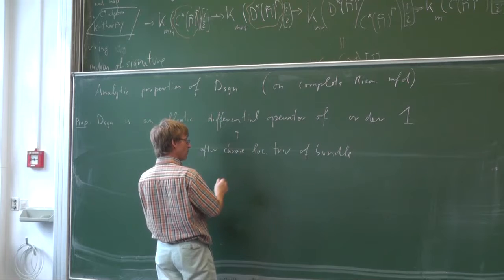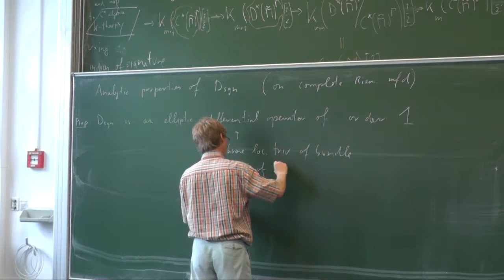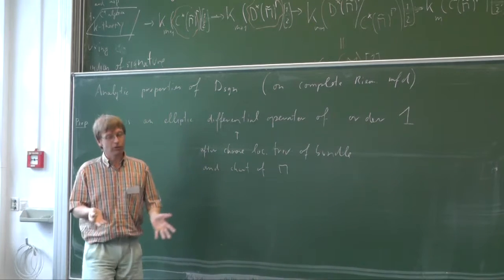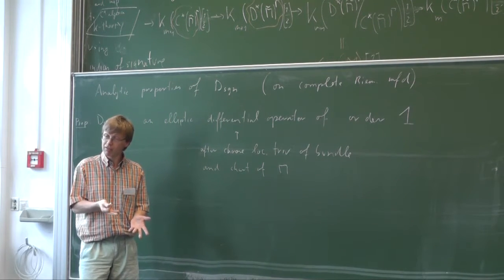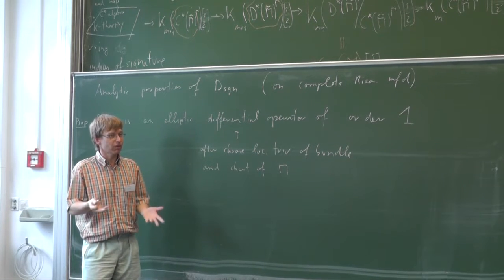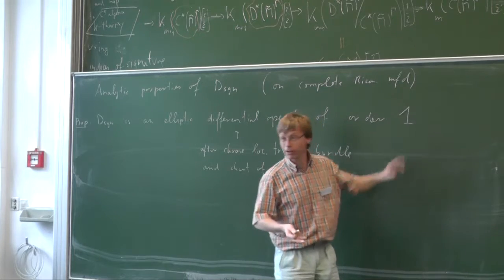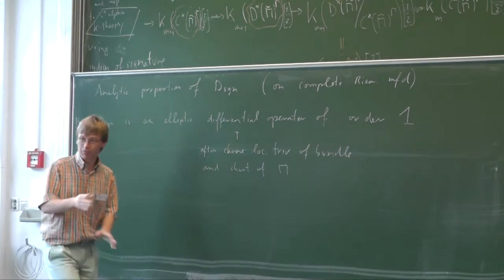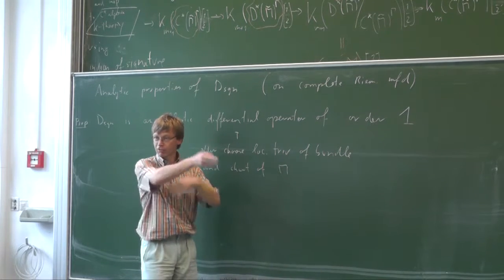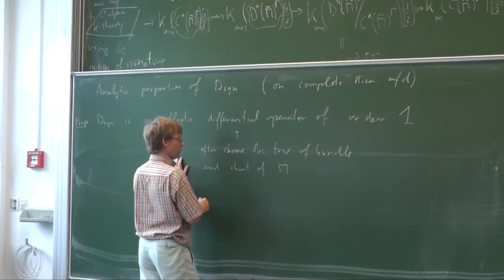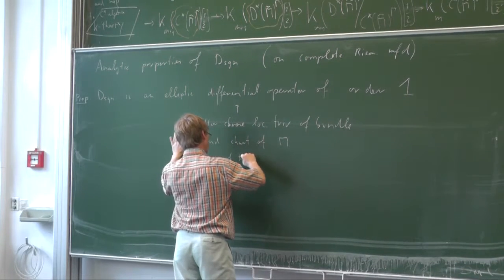Choose a factorization of the bundle and a chart of M. The things we act on are vector-valued functions on Euclidean space, and the differential operator is what you expect: it differentiates. If it's a differential operator of order 1, it differentiates only once. But it's a PDE, a partial differential operator, because we have a lot of directions to choose. Okay? It is of the form